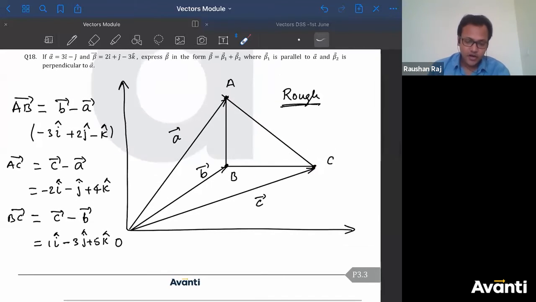So you have to find the dot product and figure out whether the dot product of any two vectors is 0 or not. Okay? Got it, bacha log? Because I didn't get what you're trying to say. Chalo, next question.